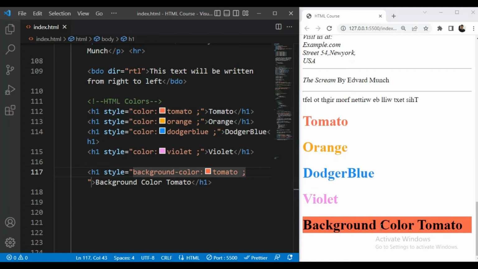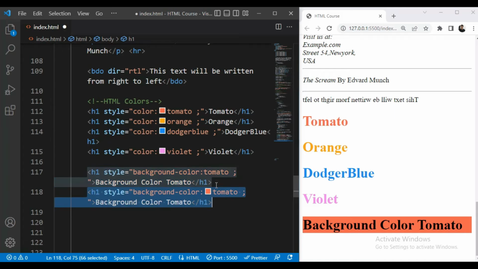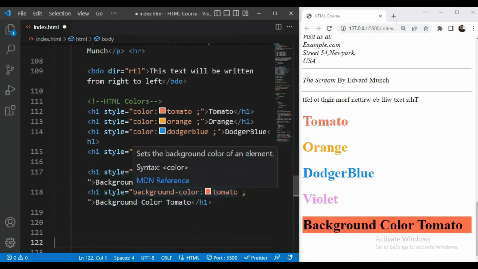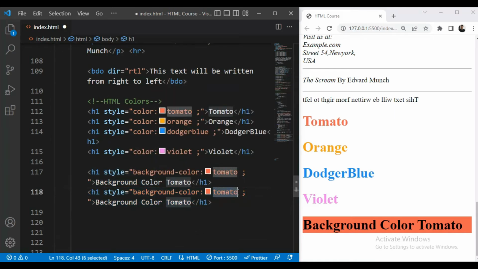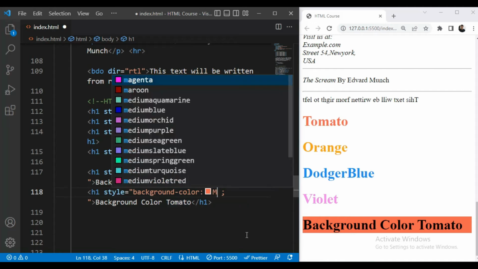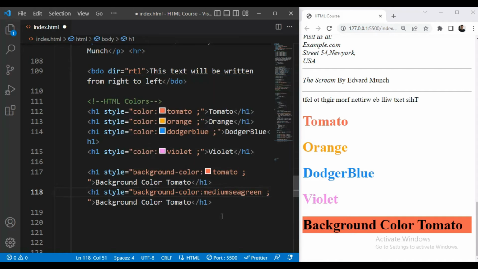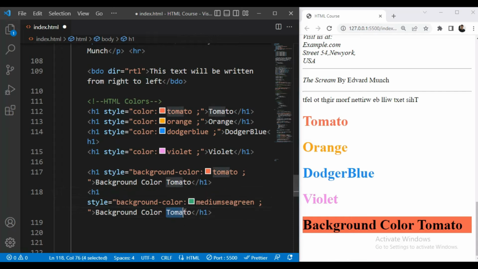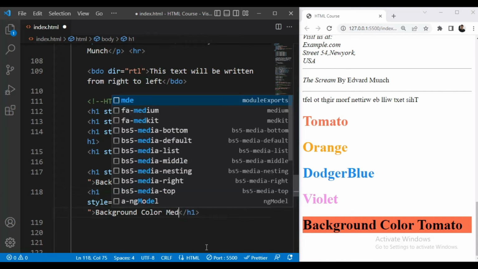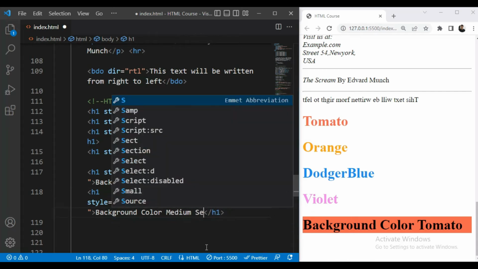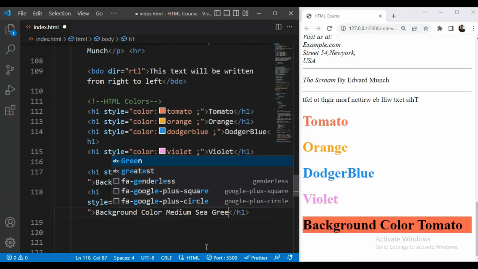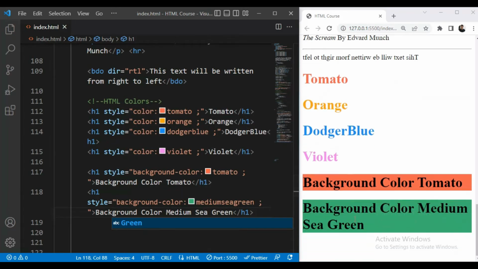You can see the background color is tomato and the text is in black color. Then again I will copy this and give it a different color, for example medium sea green. So we write here medium sea green, and you can see the medium sea green color.